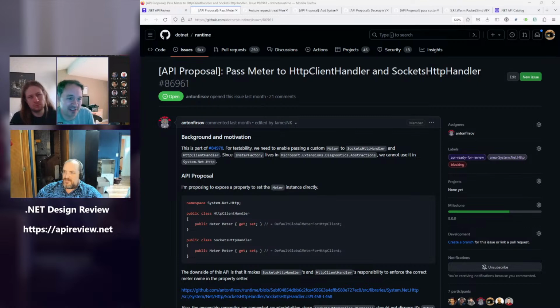Basically an IMeterFactory, but without the actual type IMeterFactory. And then the metrics handler could use the Func<string, Meter> to create itself the System.Net.Http meter, and the DNS guy could use it to create itself the System.Net.NameResolution meter, something like that.